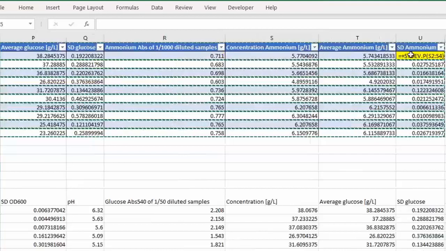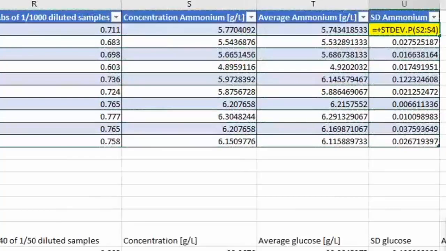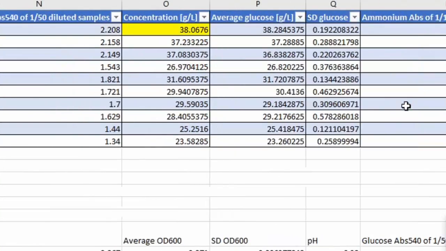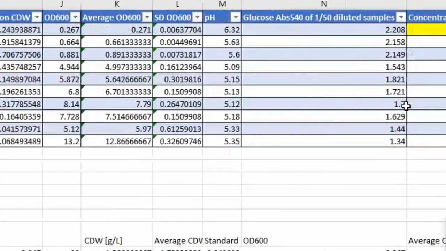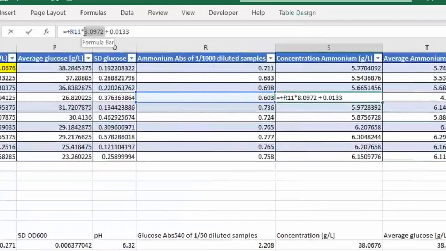And again here there was one thing I noticed. I think two people have used standard deviation .P as the formula, while it should be .S actually, because it is the sample, not the population, that is being used to calculate the deviation. And this is an example where you see the values are being hard coded into